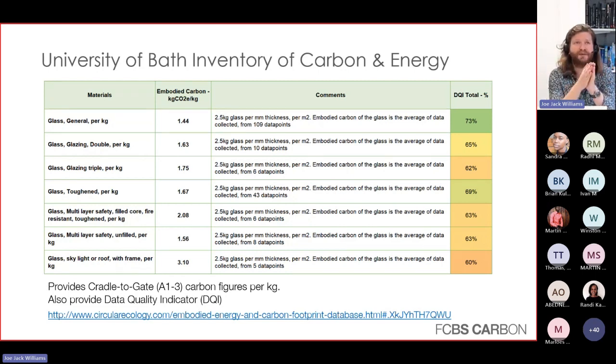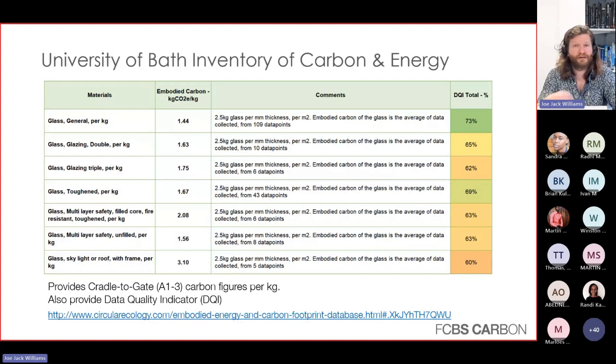It'll tell you what the kilograms of CO2 per kilogram of material is. So this is for glazing, you can see. It'll tell you the DQI on the end, which is the data quality indicator. So it'll tell you whether it's a trustworthy number, also really important to know. So you can start to get an idea of, there's a good data set. So you can already think, okay, I've got this much glass, I've got these figures, multiply them together. You can very quickly work out the embodied carbon of your glazing. Really, really simple. We can probably estimate how many square meters of glass we've got.